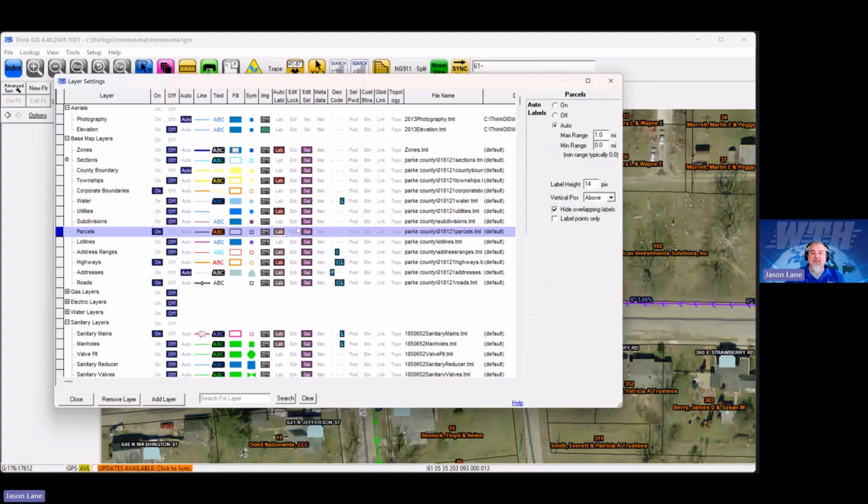And here with parcels, I'll turn off the labels. We'll come back to addresses. Whereas we go back to auto label here for the addresses. The other thing to keep in mind here is this pixel, like label height. So it's set to 12, which looks pretty good here. But if we went to like 16 pixels, and I type 16 in again,